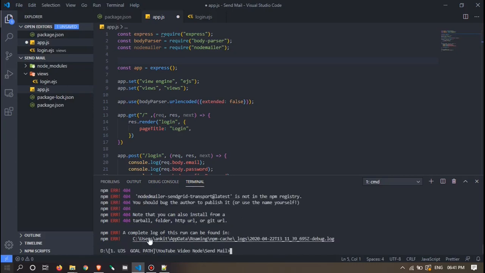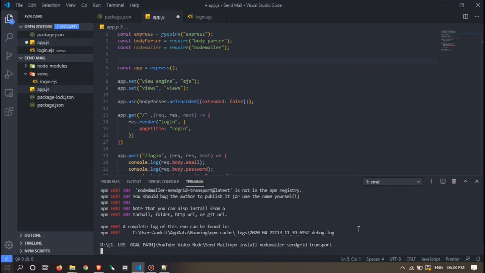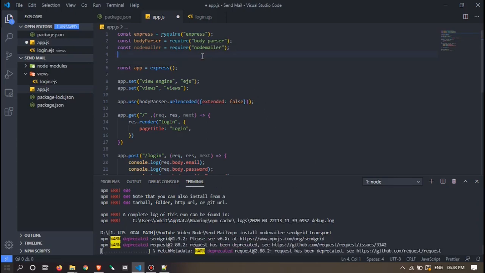Error, what's wrong? Sorry for the mistake here, I misspelled it. So nodemailer-sendgrid-transport. This will install the transporter, right? So we will import it here. Let's first complete this, I will come back after.